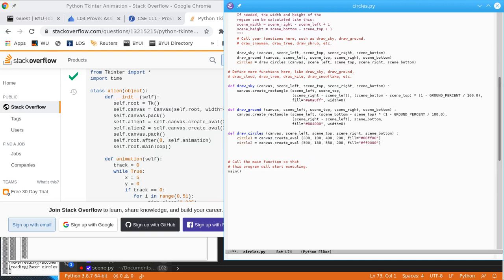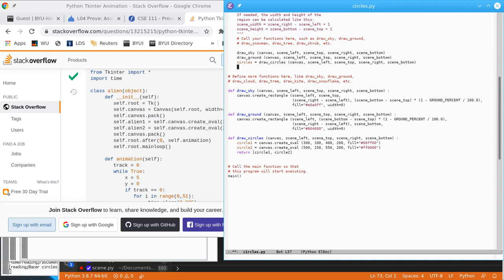And I'm going to return circle 1, circle 2. And I'm probably going to be doing some reorganizing after this, but let's see. Root.after, how long? After,